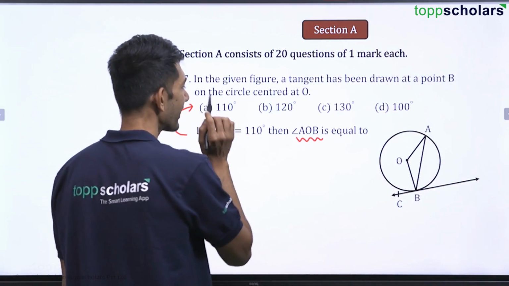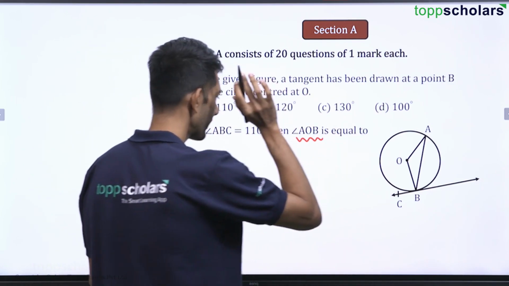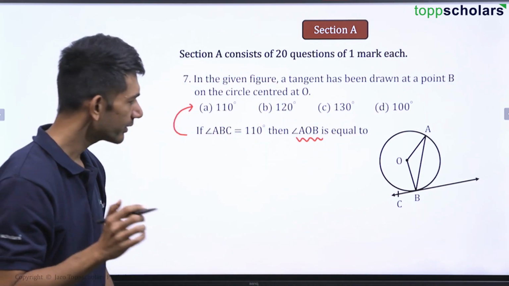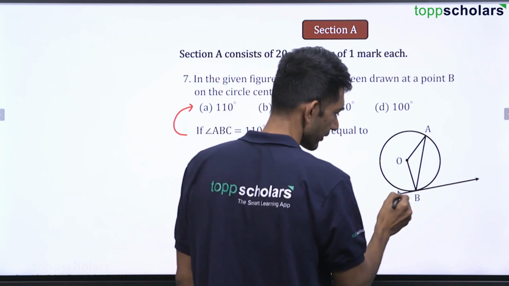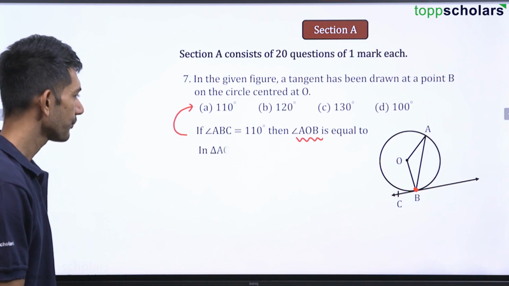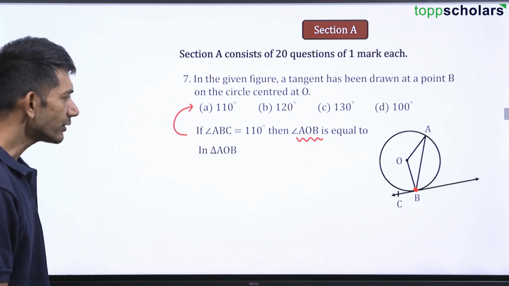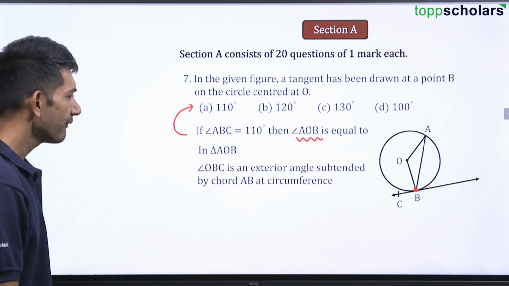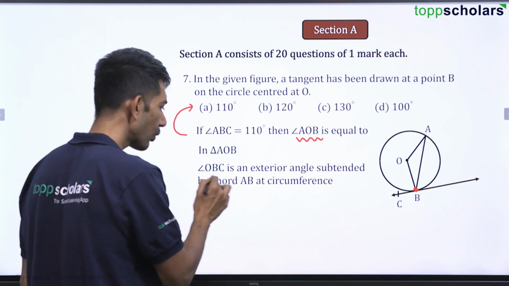Is angle AOB 110, 120, 130, 100? Okay. Tangent is there. Can you see the tangent? Yes. Here is the tangent at point B. That is, point B is the point of contact. Now if I focus on triangle AOB, we know that angle OBC